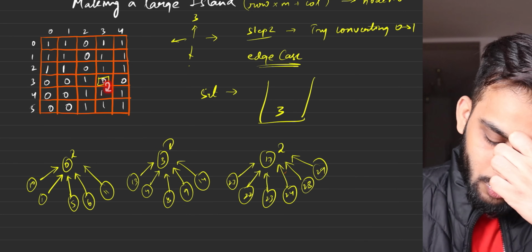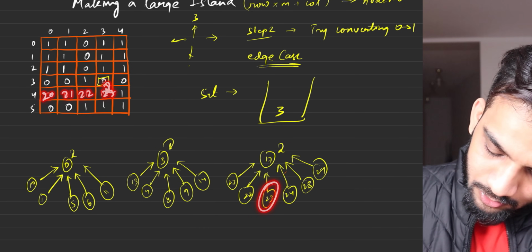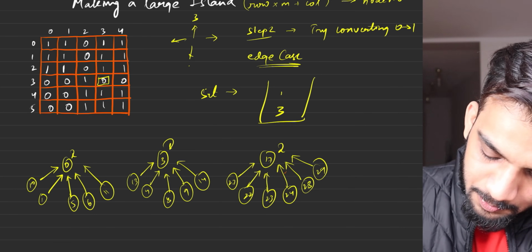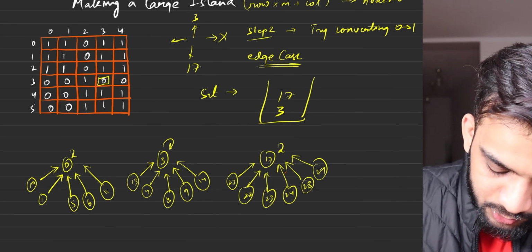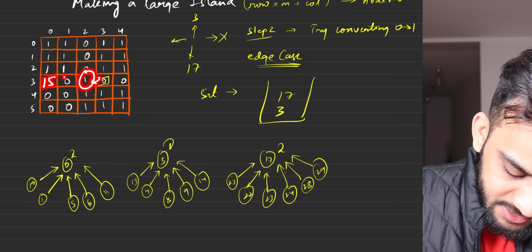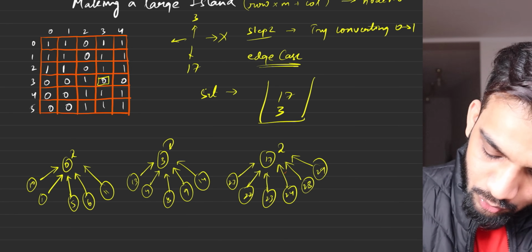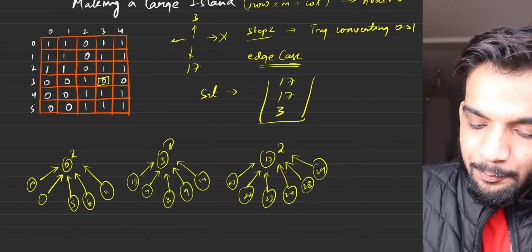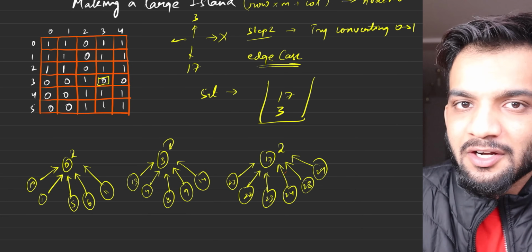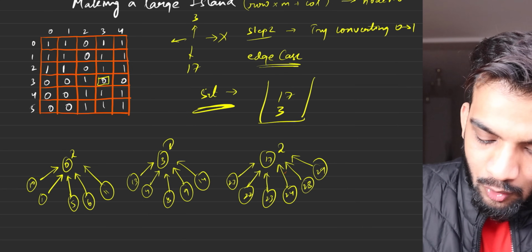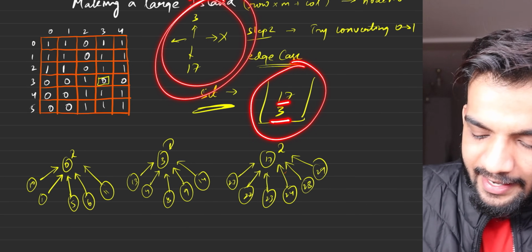Let's look at the bottom. What is this? This is 20, 21, 22, 23. Where's 23? Here. Who's the parent? 17. So let's pick up 17. On the bottom, we have 17. This was not valid. Again, let's look at over here. What is it? 15, 16, 17. So this is 17 itself. So 17's parent is 17. So if you put it into the set, it will not accept it because it's a duplicate. It's a duplicate component. So ultimately, once you have gone through all the directions, the set only stores 3 and